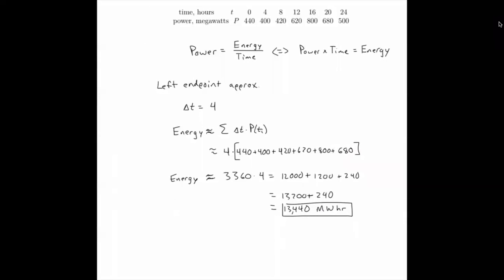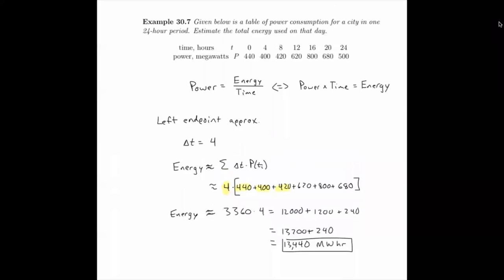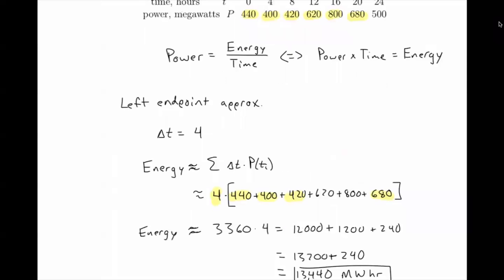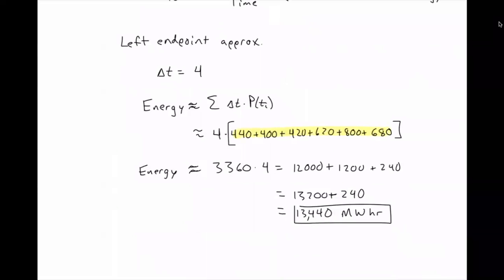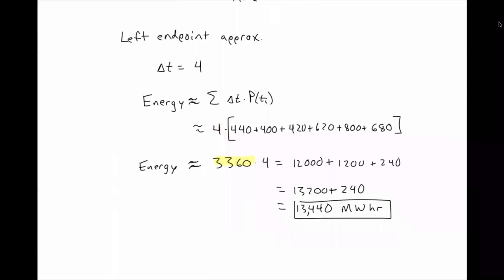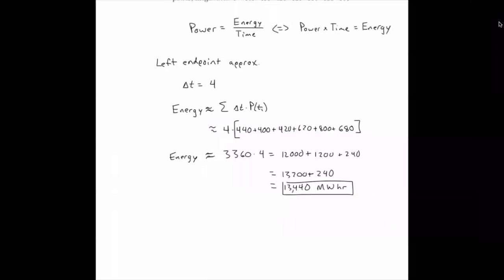So here we are, 4 times 440 plus 4 times 400 plus 4 times 420. I'm just multiplying 4 times each of these numbers and stopping at 680 because that's my last left endpoint. So let's get rid of all these highlights and see what comes out of that. All of these added up, each times 4. I've just factored the 4 out since all my delta t's are the same size. I've written this down in a more simple way. The sum of those numbers is this times 4. And nonetheless, I get